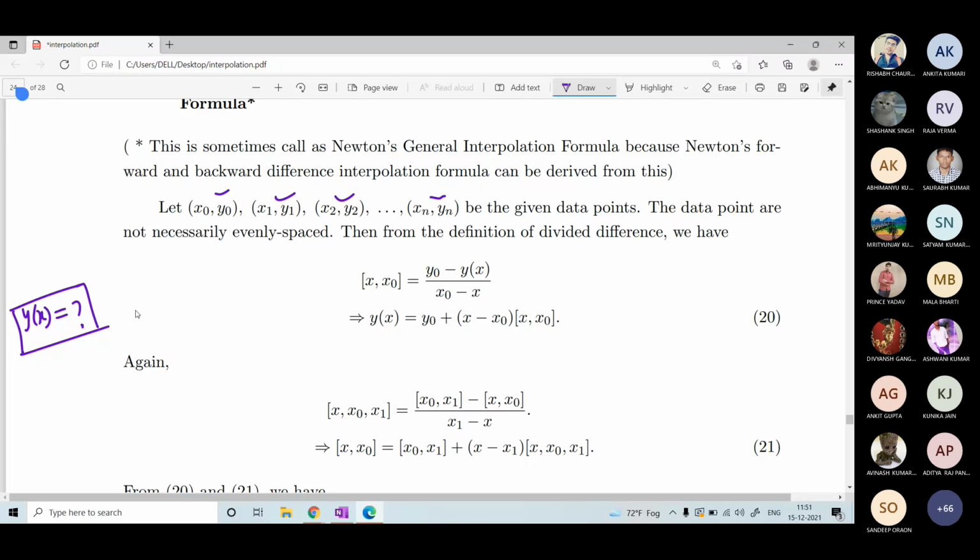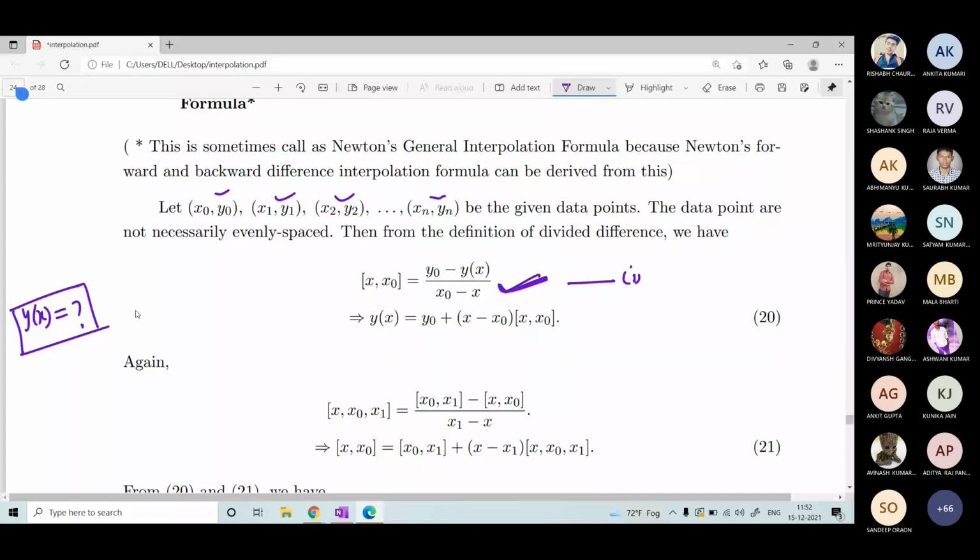So I am starting with the divided difference of x and x0. What is that by formula? Output at x0 minus output at x, by the length of the interval, x0 minus x. Is this line number 1 okay to you? Yes, sir. So the divided difference of x comma x0 is by definition output at x0 minus output at